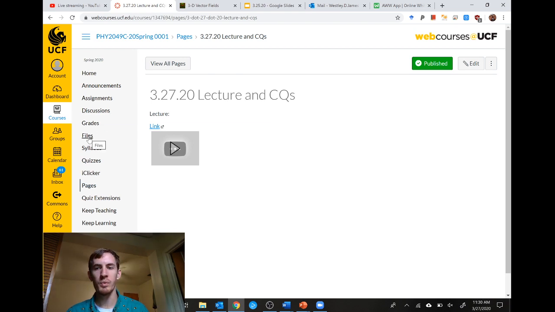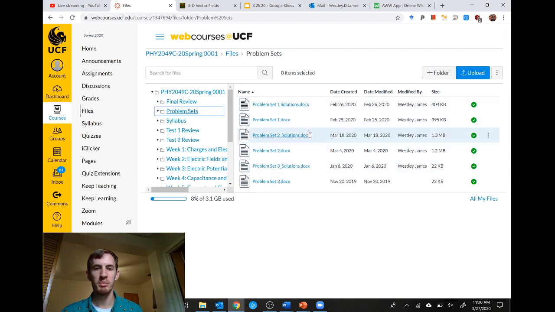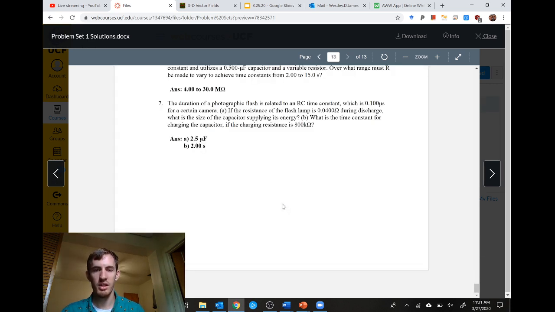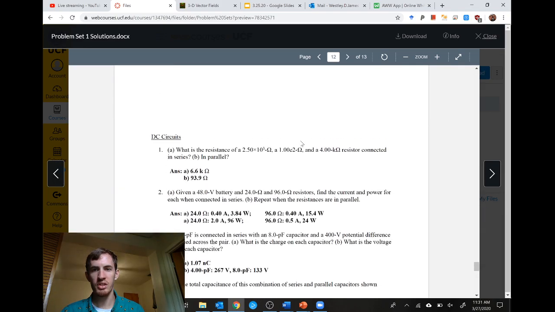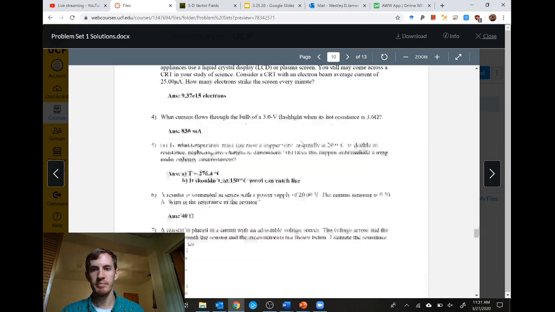if you haven't already, my reminder to you all is that to prepare for the test, the best thing you can do is go through the problem set problems. So this means problem set solutions, problem set 1 and problem set 2. Problem set 1, it's specifically because we're covering DC circuits on this test. That is the last two sections of this, so the section on DC circuits and the section on